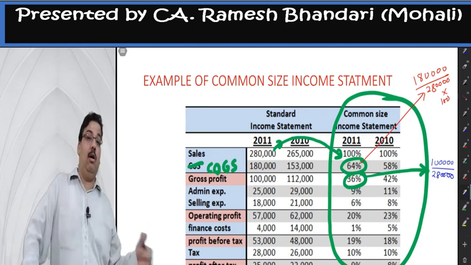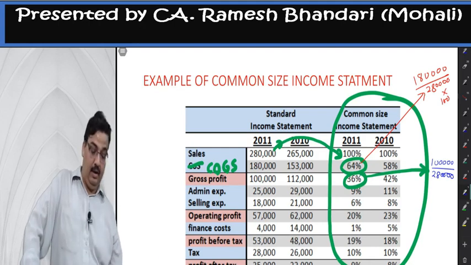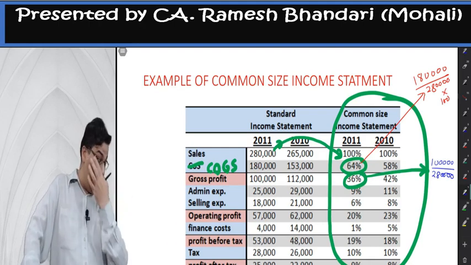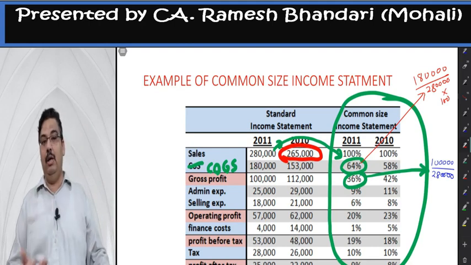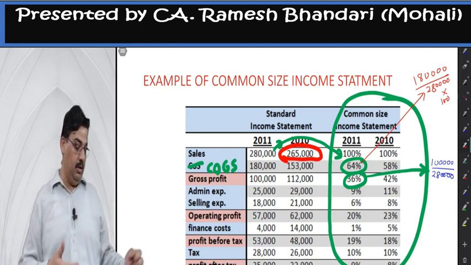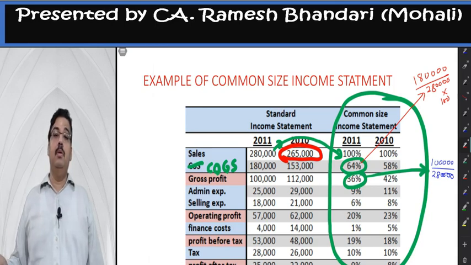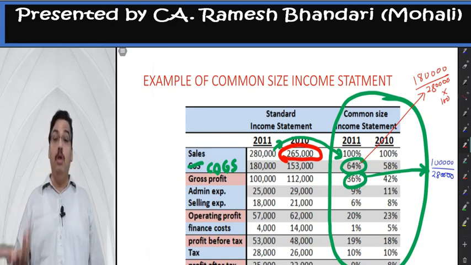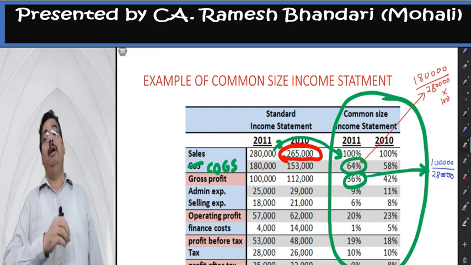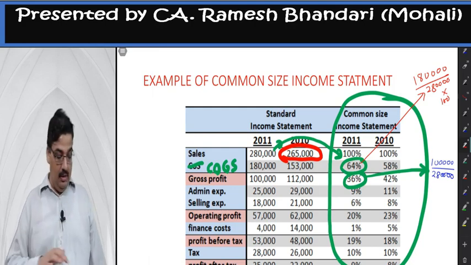Similarly, for 2010, the corresponding last year's income statement, every figure divided by 2,65,000 into 100 gives me this. So, comparison is possible. We are just showing the percentage based on revenue for every component of the income statement. Similar is the